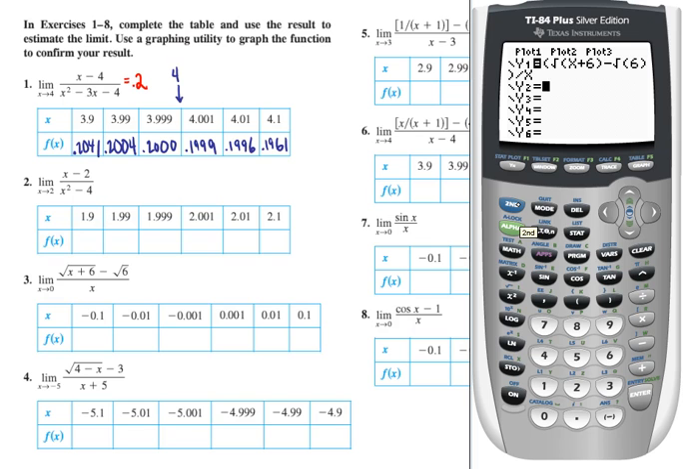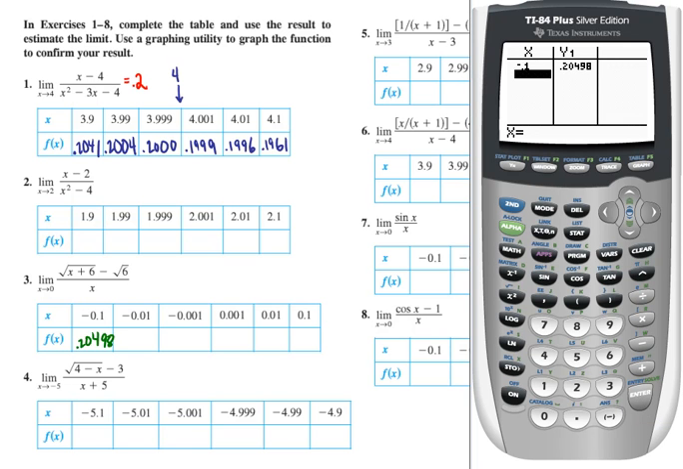And we go to check to make sure that we are in independent ask mode on table set. So go second, table set, and it is set to independent ask. We'll go over next to second and table, and we'll put in the values for problem 3. So we have negative 0.1, and we came up with